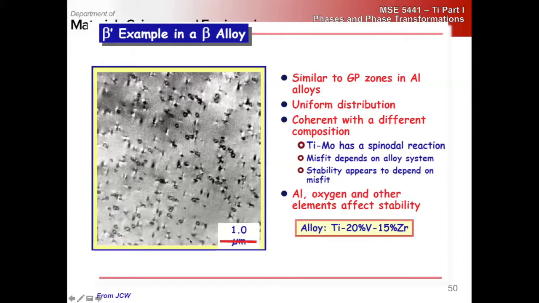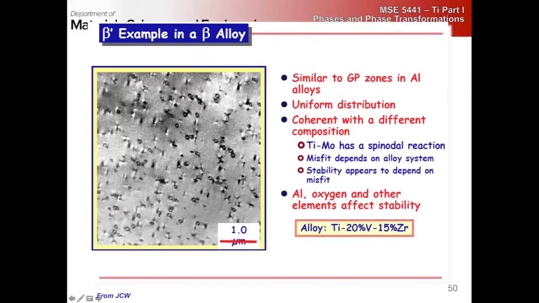But basically, he makes the point that these are very similar to GP zones in aluminum alloys, right? They have a uniform distribution, which means, how do you think these are going to nucleate? Homogeneously or heterogeneously? Homogeneous nucleation, right? So they're coherent with